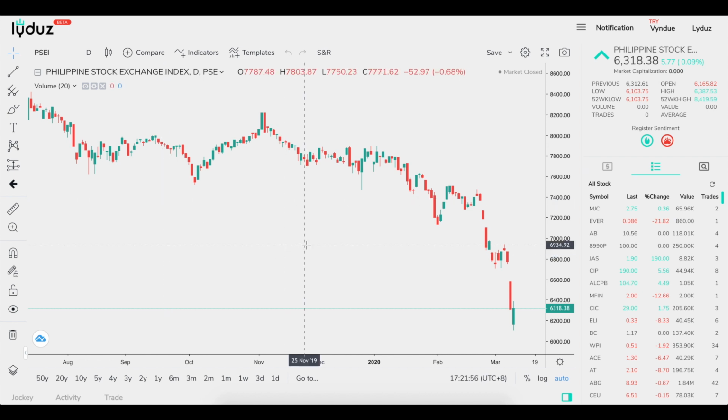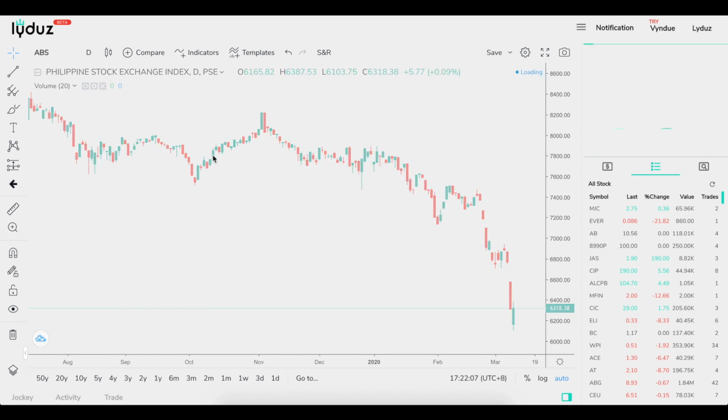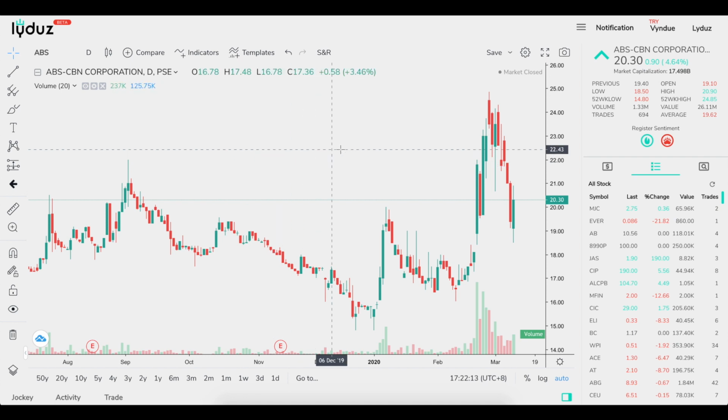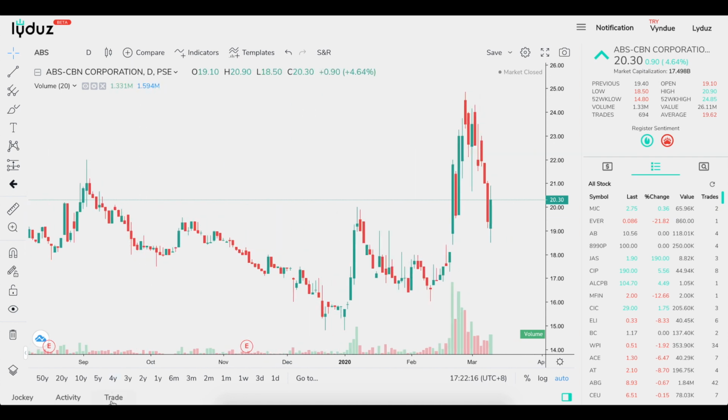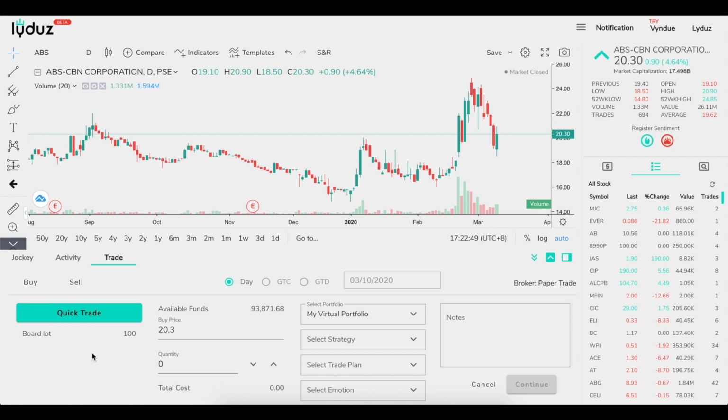You simply go to the stock that you wanted to trade. In this case, say for example we wanted to trade ABS, so that's ABS CBN right here. Go to ABS, and once you are on the ABS chart, just click trade. After you click trade, just choose this one. This basically represents paper trade or virtual trading. So click paper trade, and you will be prompted to this part of the paper trading or virtual trading feature,